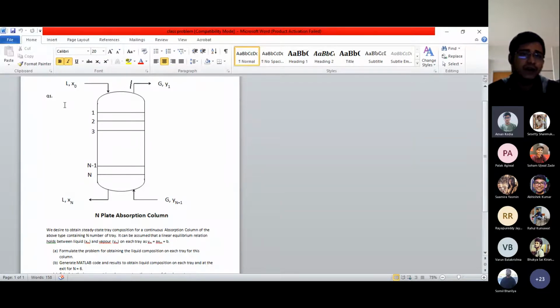Basically you have to simply put it as mass in equals mass out. All you have to do is just try. If it is not working, then I'll be there, but you have to first initiate it. Just try it first on your own. At least develop the equations first, a few equations, and think about the nature of the equations.